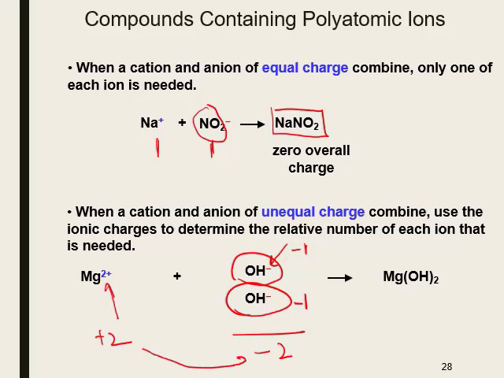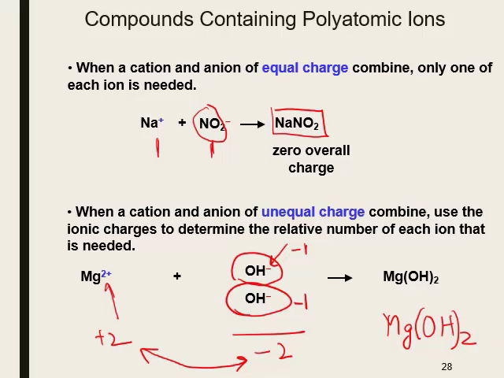So -2 cancels with +2 of the cation, so hence in our formula we have 1 magnesium, or 1 Mg, and 2 hydroxides or OHs, called hydroxide anion. Now, if we want to represent that there are 2 hydroxides, this is the incorrect way of writing. So this is incorrect. So the correct way is we must put a parenthesis around the polyatomic ion, and then